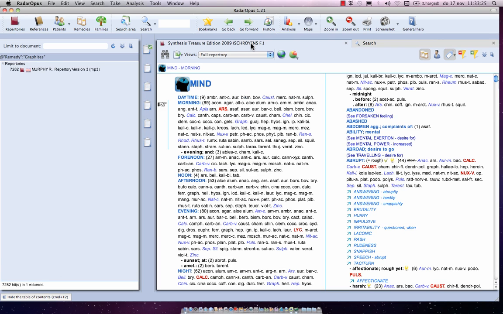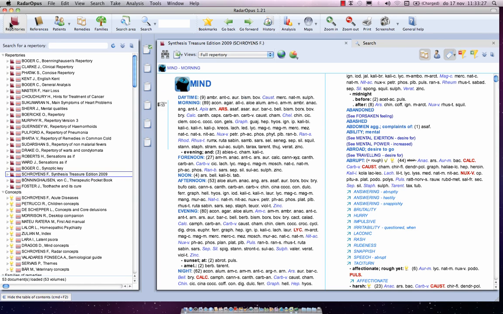I click again on the top of synthesis. I click here again on repertories. Now, I don't want to select one specific repertory to search in, but I want to find in one go all the rubrics in all the repertories. So again, I point here to a remedy, for example Arsenicum. Now I drag it not to one of the titles, but I go in the left upper corner to the title repertories, so to the section repertories. I let go,